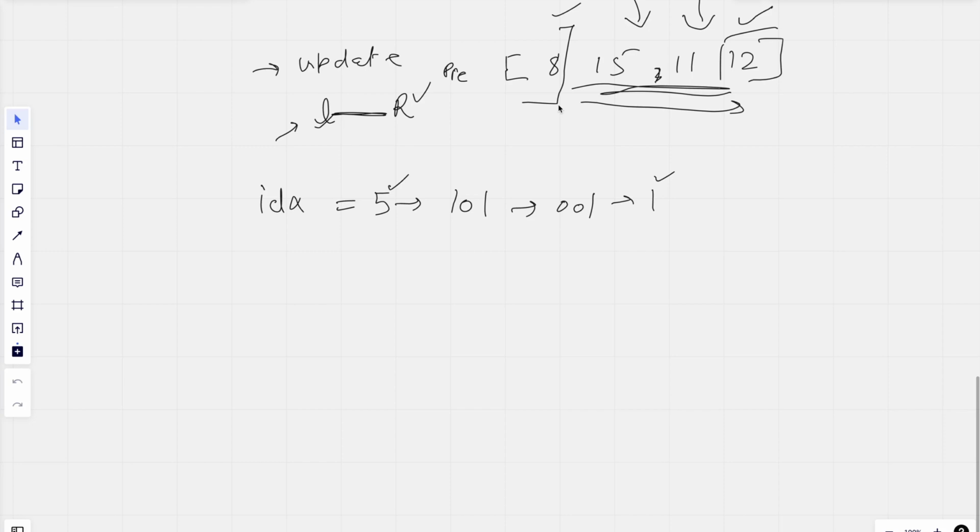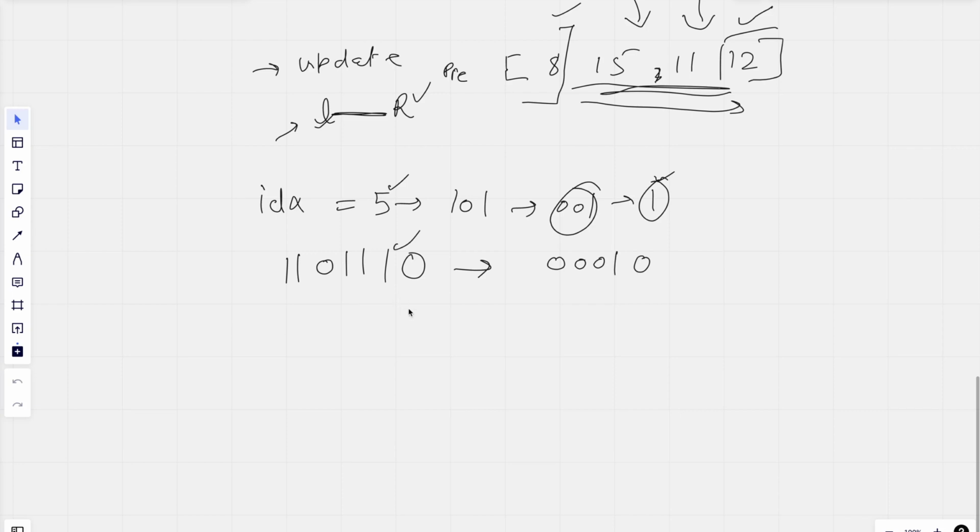If you are not used to doing bitwise operations and writing code for it, then this will be a little tricky for you. So you can just write down one formula that will help you. To get, for any given number, a number where only the LSB is set, like for this one, my answer should have all others 0, and then this one. So a number with only this one set,